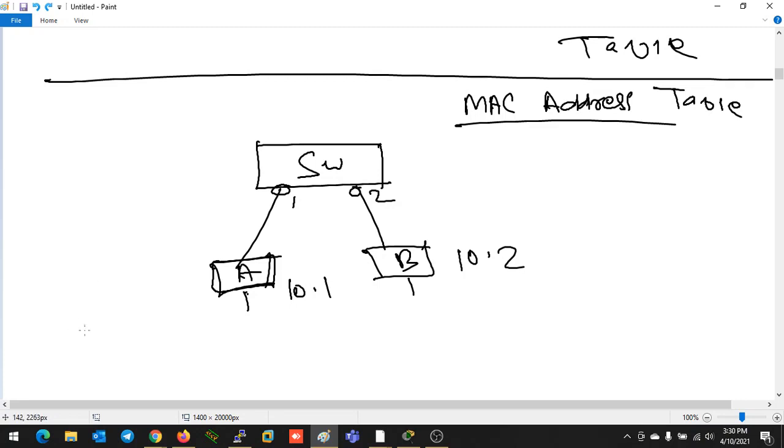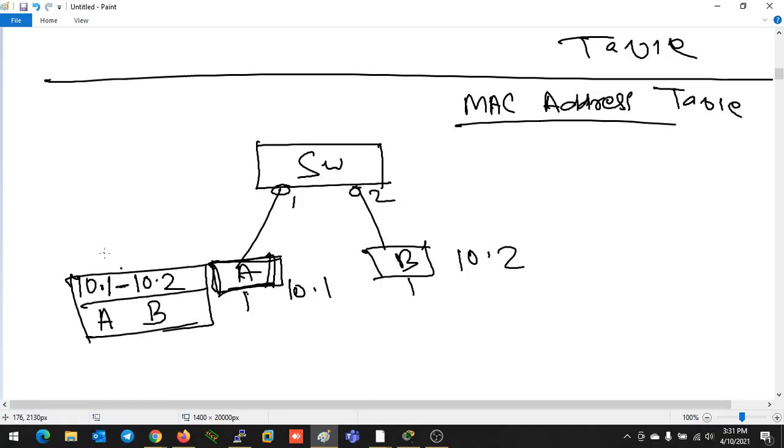For example, 10.1 is trying to communicate with 10.2, and the source MAC address is A, the destination MAC address is B. Here also the device would be unable to know the destination MAC address. Later we will discuss that. Right now, anyhow, the device knows the destination MAC address.